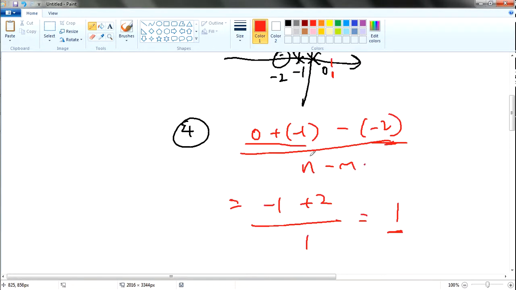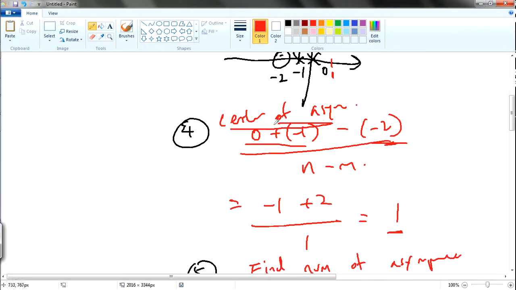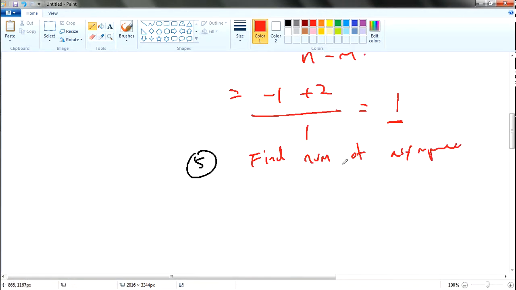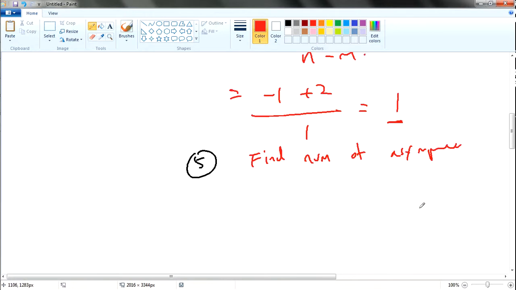So now we have to find the number of asymptotes. Okay. So just to repeat, this is finding the center of asymptote. I may have said it wrongly just now. So now we have to find the number of asymptotes. This is the center of asymptote, this is the number of asymptotes. So in this case,